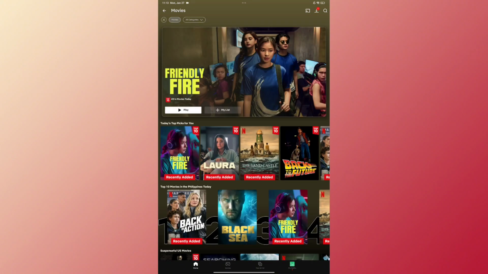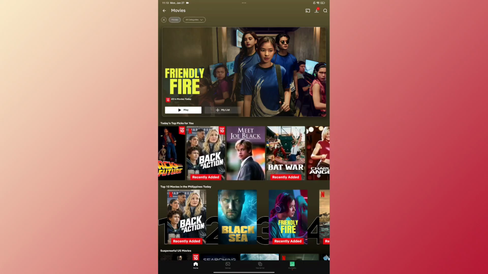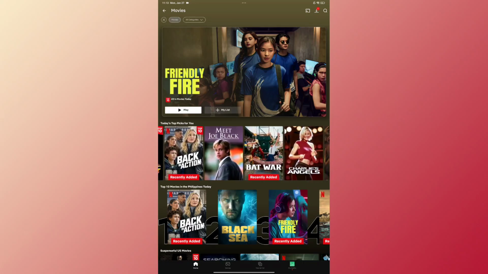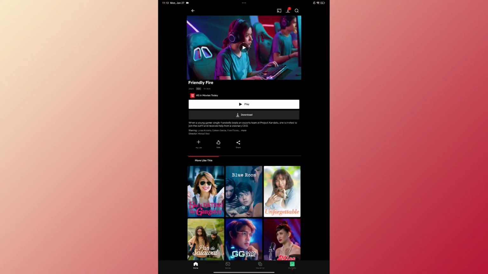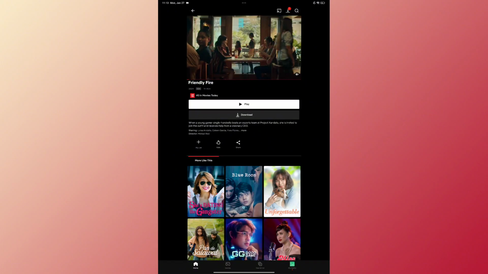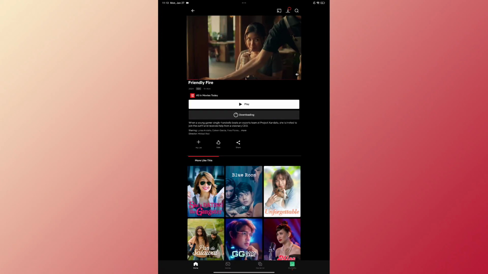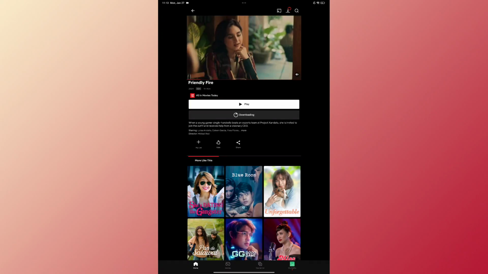on your Netflix account. So in here, go ahead and select the movie that you want to download onto your device. This will allow you to watch your favorite Netflix movie anywhere you go, even without an internet connection. So click on that download button below the play button, and the download process will start for that movie to